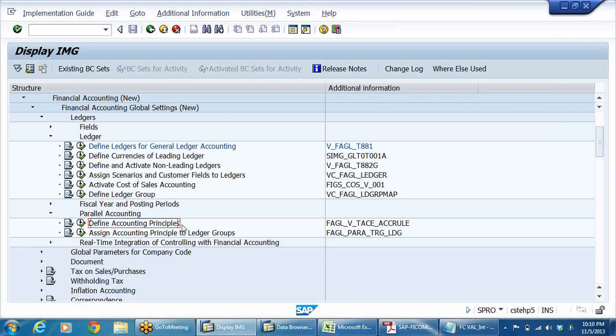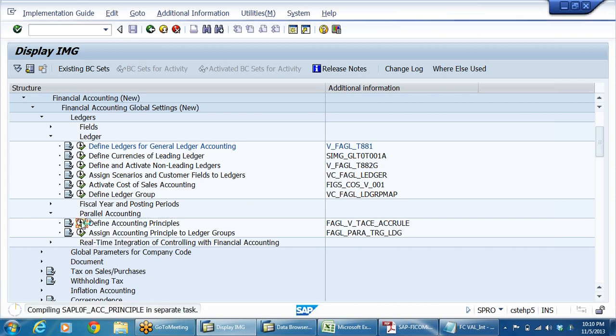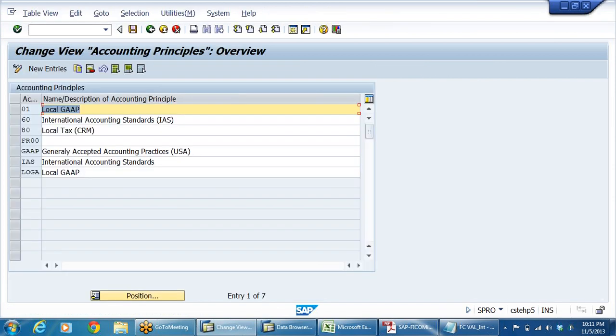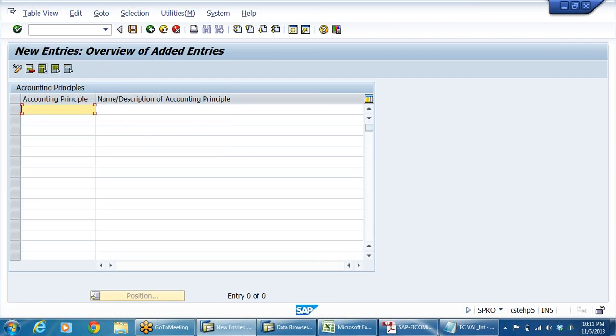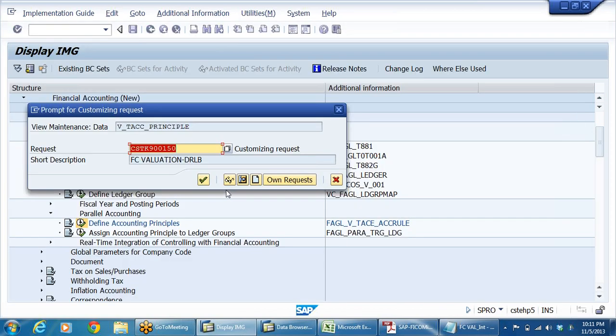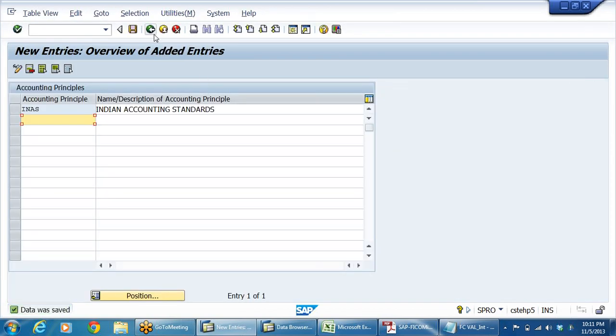Now why I'm telling you this: define accounting principle. For your country's accounting principle we need to define it, and then it needs to be linked to the respective ledger. Right here I need to define my accounting principle. See GAAP, Generally Accepted Accounting Practices, USA, nothing but US GAAP. IAS, International Accounting Standards, right? LOGA means local GAAP. So what I will do, I'll define my own Indian accounting standards. First I'm defining this, right? Once we define this one,